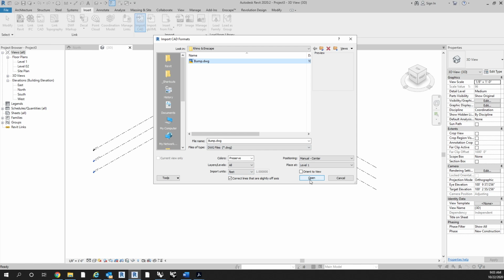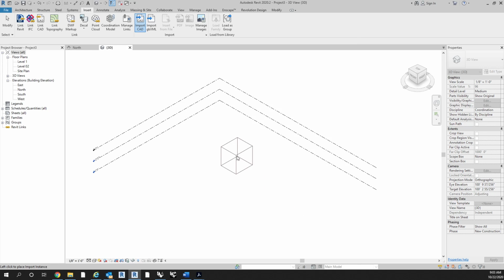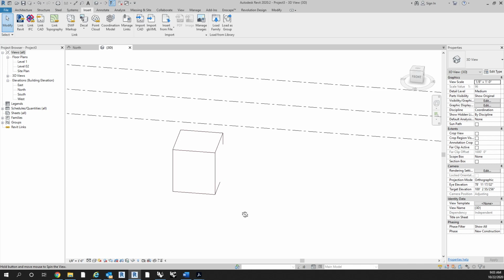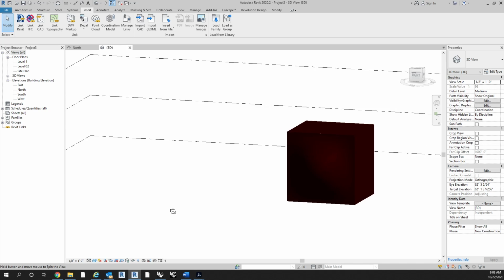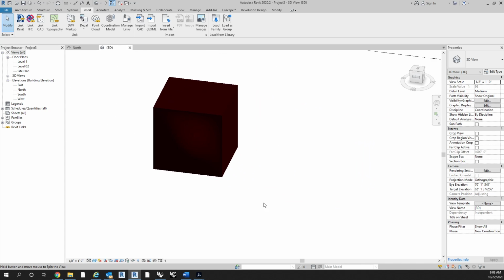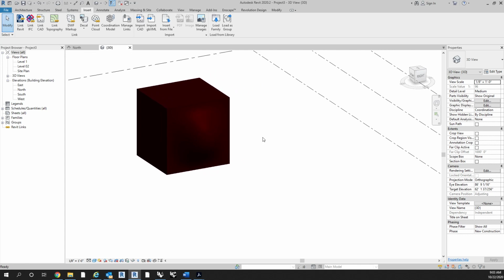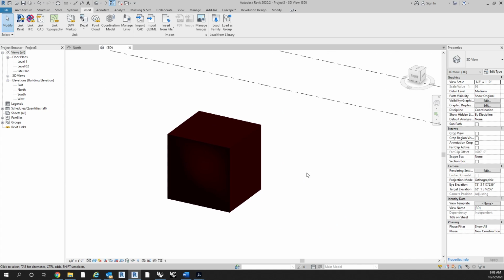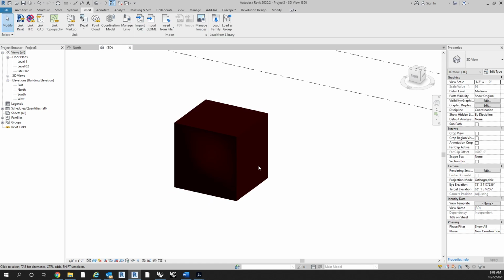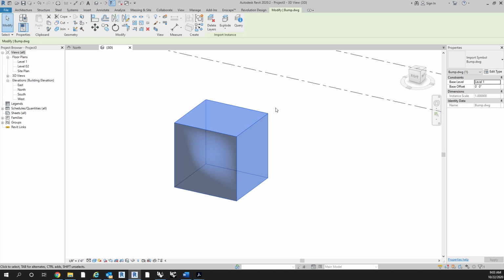So once we have all of this set, hit open, and then since we did center, we can just place. And then the bump, since it doesn't technically have an edge, doesn't have an outline, but if you do shaded, you can start to see it a little bit better. Now, you can change the material of this, but we'll get into that a little bit later when we're setting up Enscape. So the first thing I want to do is show you the options that pop up